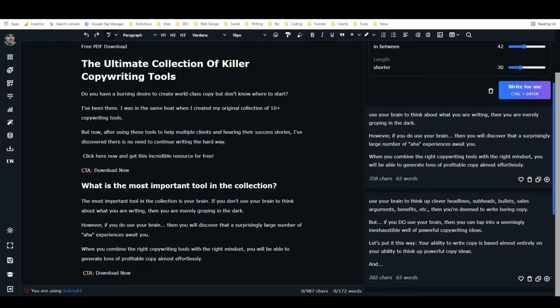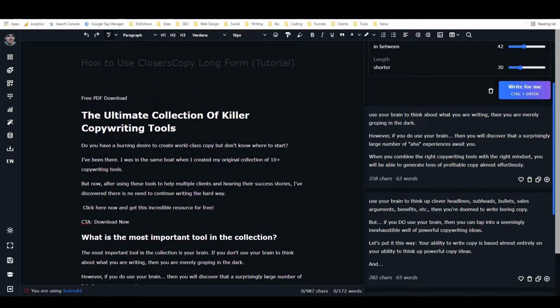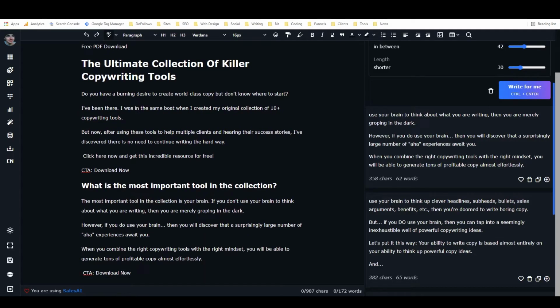All right. So that is how you can write a landing page using Longform a little bit and using SalesAI. But if I wanted to make this landing page longer and give it some additional sections, I would just basically do the same thing that I did. I would use a framework to come up with a heading, or I would come up with a subheading myself if the above writing inspired me to come up with one. And then I would get it started a little bit, and I would use Longform to finish writing it for me. But let's move over into